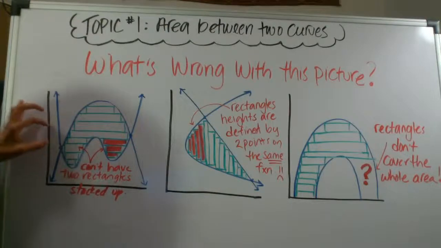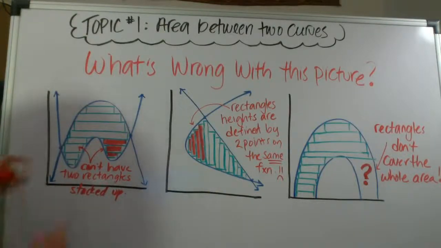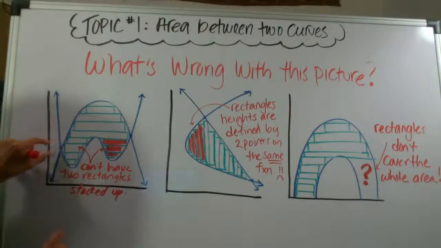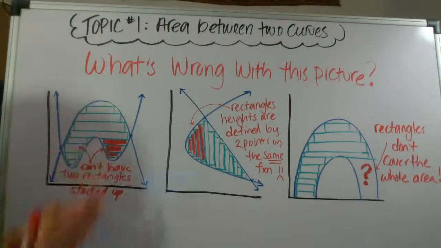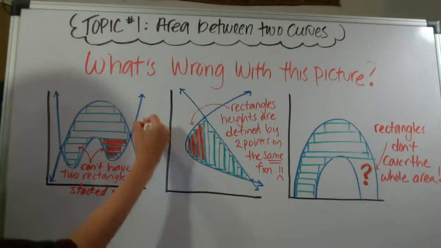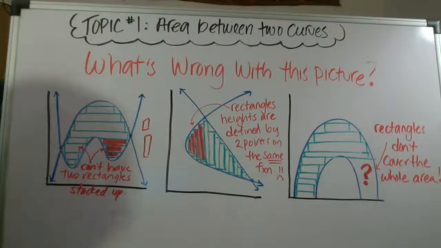And again, if you're integrating with respect to y, stacked up will mean that they're occupying the same little interval of y. If we were drawing vertically oriented rectangles, we would not be allowed to have a rectangle like this and then another rectangle like that. And the reason for that is, if you think about it, your integral, your Riemann sum,